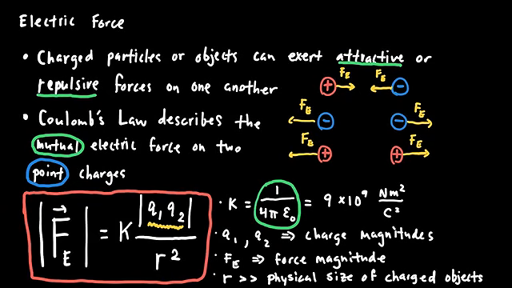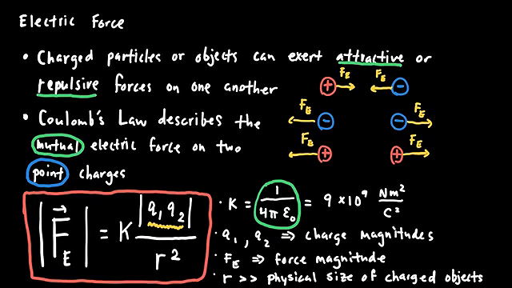The product of the charges is in the numerator, Q1 times Q2, and please remember that we do not plug in the sign of the charge into Coulomb's law. We will use the magnitudes of the charges here to determine the magnitude of the force. Just like in my picture up above, I can always determine which way the electric force points based on my knowledge of what happens with the charges, whether it's plus and plus, minus minus, or plus minus. And then lastly, the Coulomb force, or the electrostatic force, or the electric force, is proportional to